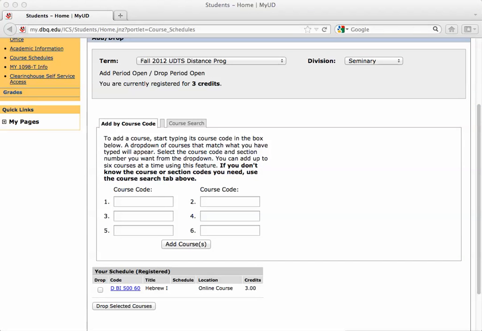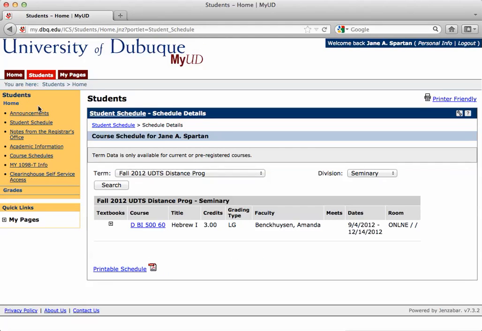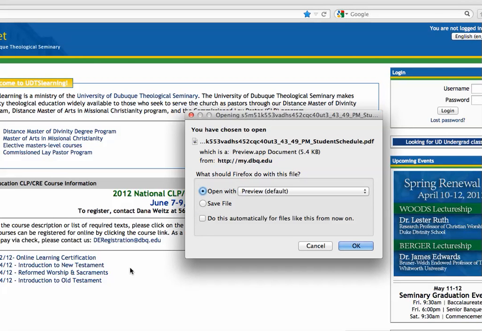Now I'm going to show you how to go ahead and print out your schedule. This will be the version that you would normally see if you came to the registrar's office to print your schedule. But back up on the left-hand side of the page, there's some options as long as you're on the Student tab. You want to make sure that you're on the Student tab. You want to go to Student Schedule. And this kind of shows you, again, another summary, another view of your schedule, but you want to select the Printable Schedule PDF version, and this will pop up a new page,